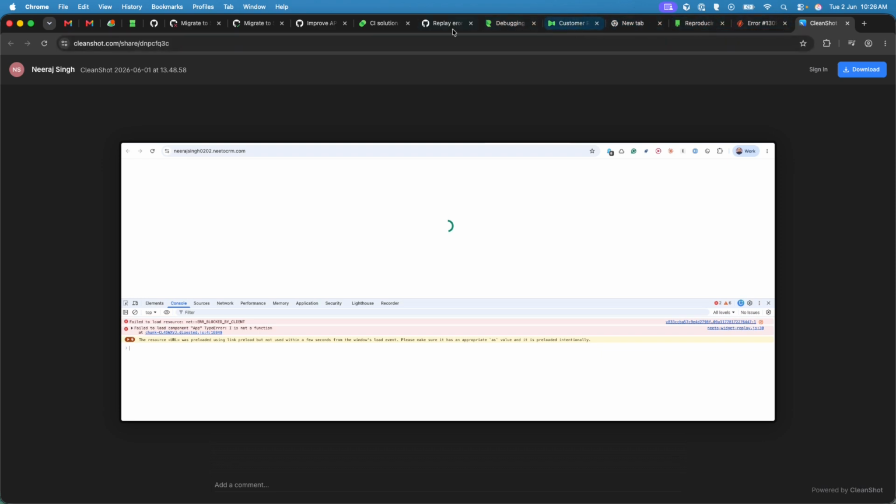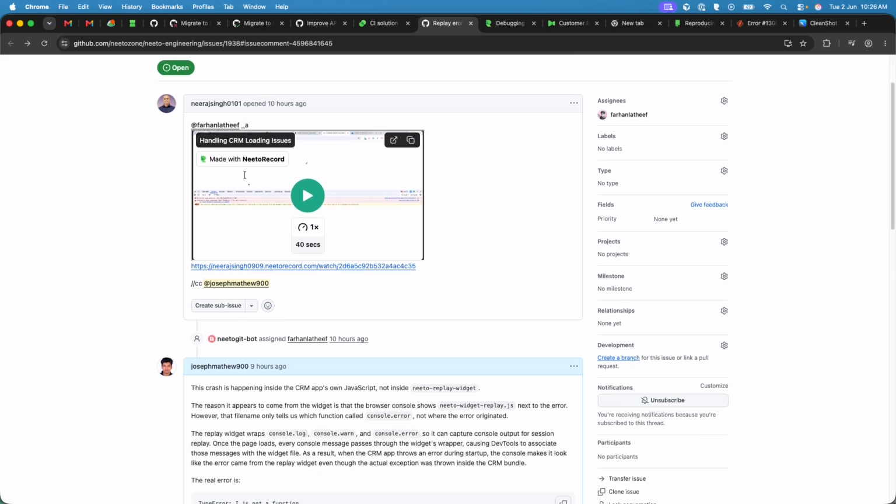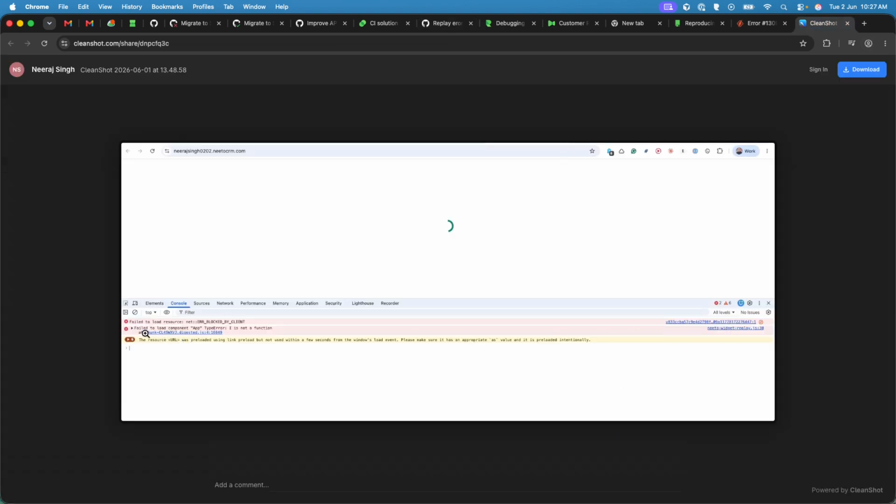Then I got a notification for this issue, and I started checking if the issue is coming from Neeto reply widget itself. From my analysis, I found that it is not coming from Neeto reply widget, and I mentioned the reason here. Also, when I clicked on this link, you can see failed to load component app, TypeError, I is not a function. This error was reported using the function inside this Neeto widget reply, but this error was coming from this